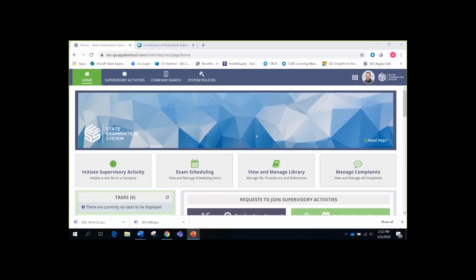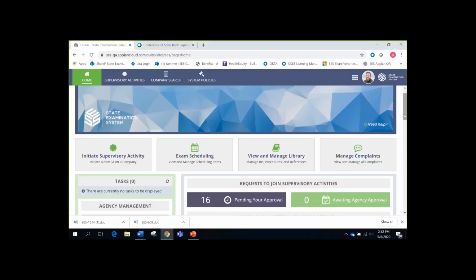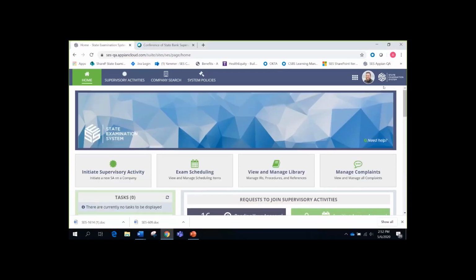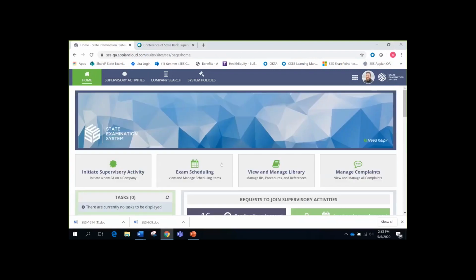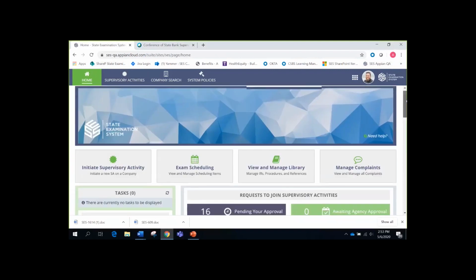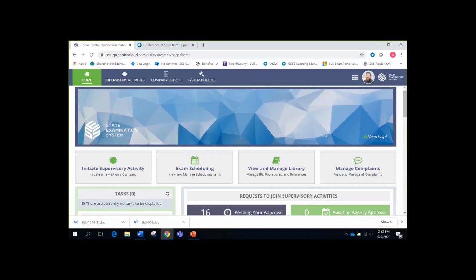And I am now in the system. I've already logged in as a California staff director. We're, again, of course, in the training environment. And if you have access to the library, what this feature does is, let me just go back. This is the home page. Right here, after you log in, this is what you see, the home page. And if you have access to the library, you're going to see this View and Manage Library function. So when you click on it,